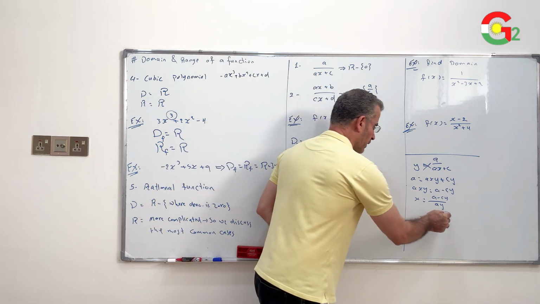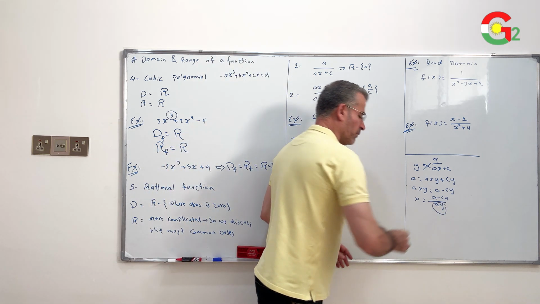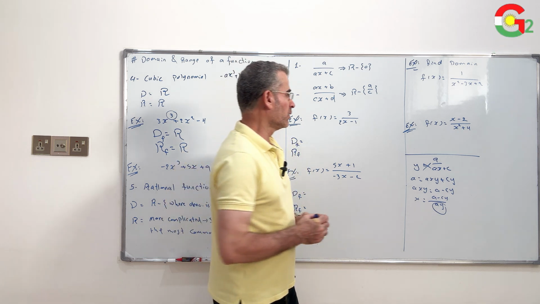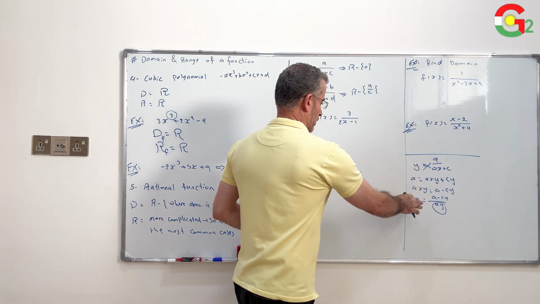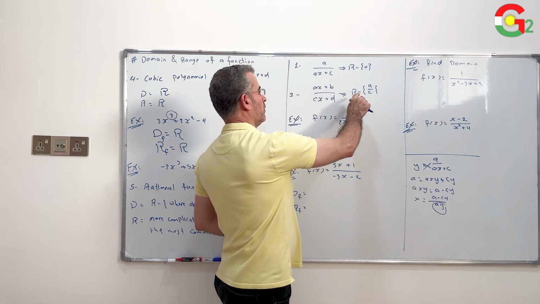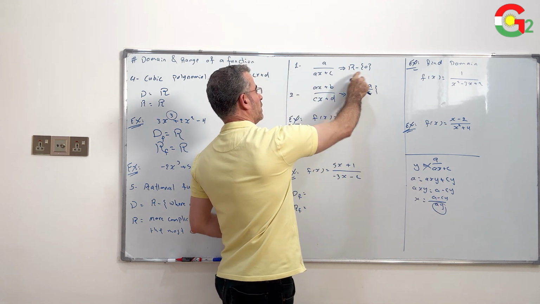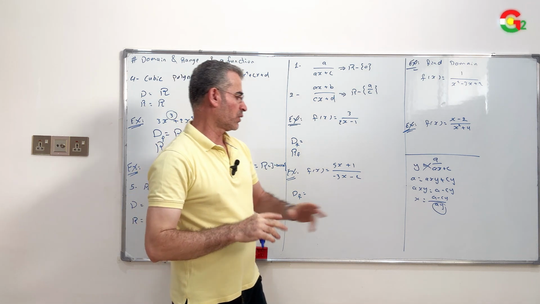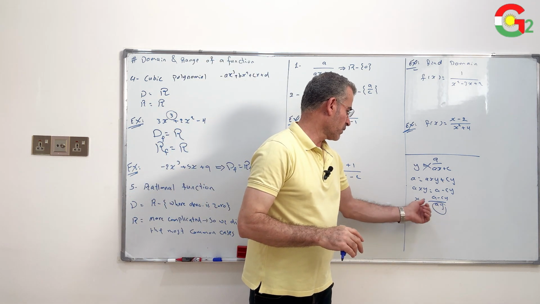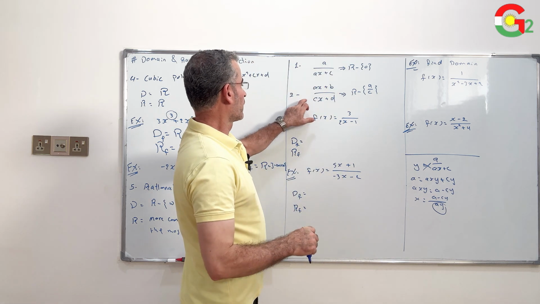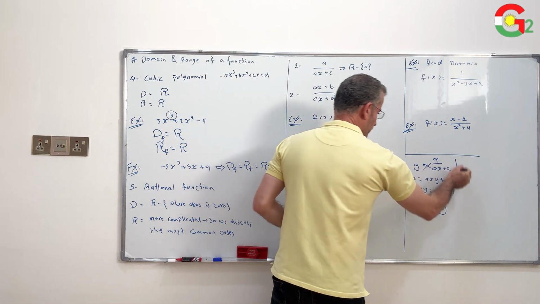Here, the value that makes the denominator 0 is y equals 0. Then y can never be 0, so the range is R except 0, because if y is 0, then x is undefined. That is the first case. For the second case,